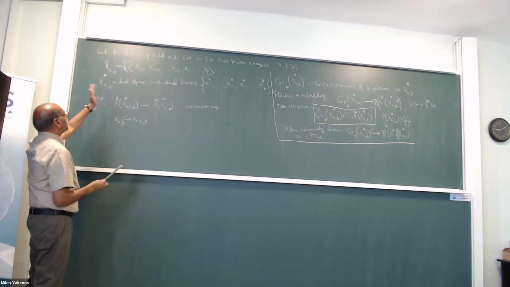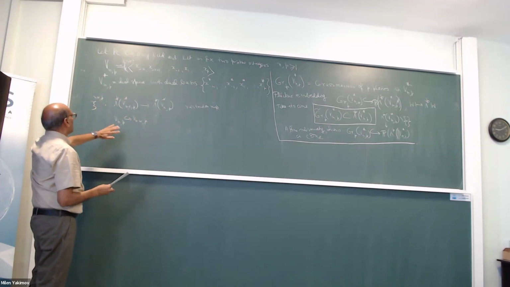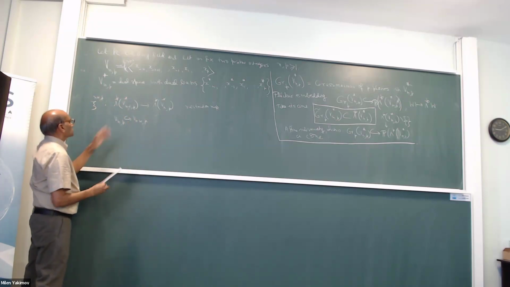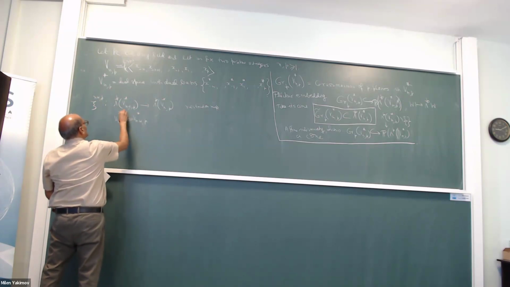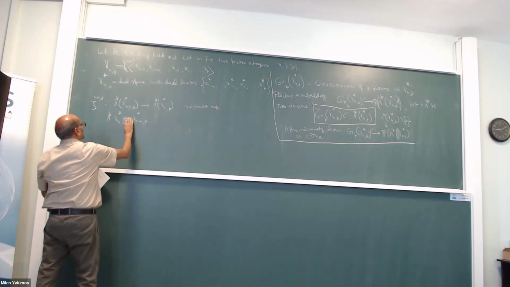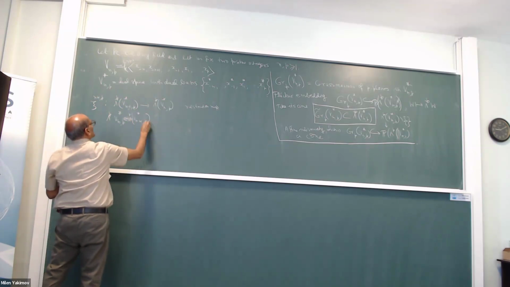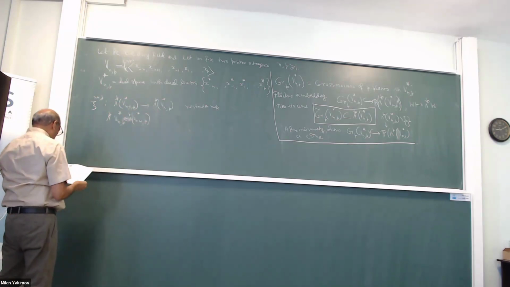So just use the x_{n+1}. So this embeds that. So the dual is surjective, and then this is surjective. So that's what this is. And then there is this